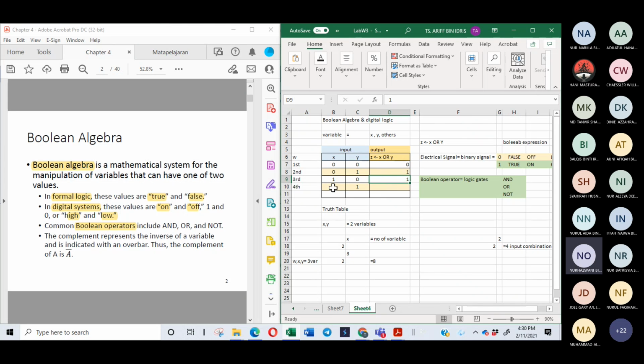1, 1. Now we have both 1. What is the output, class? 1. Okay, right. So for the symbol for OR, you can either put it as X or Y,